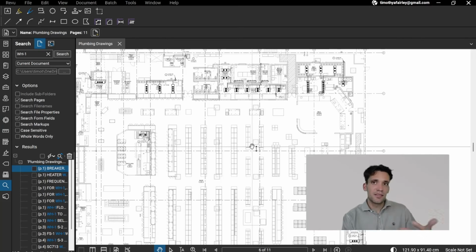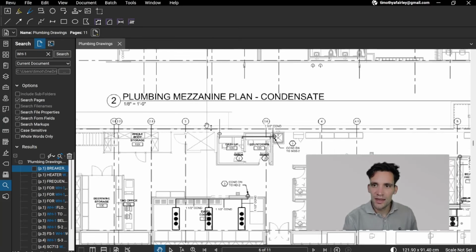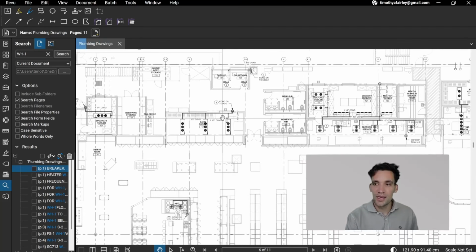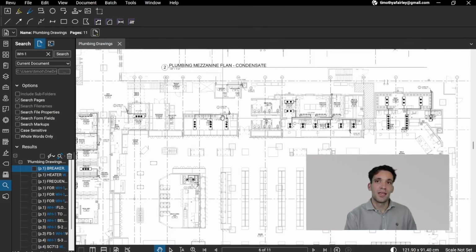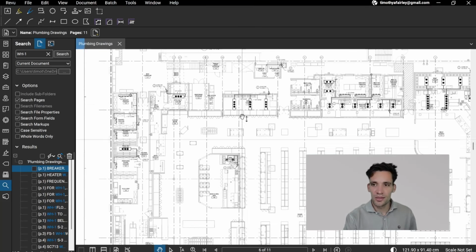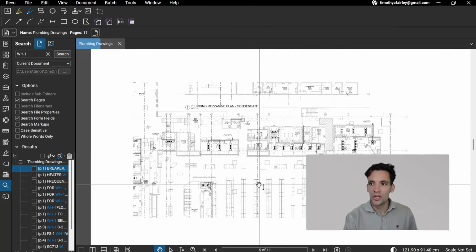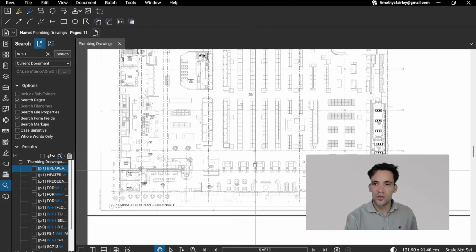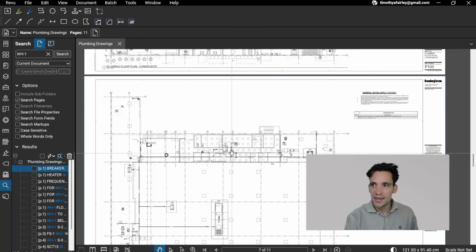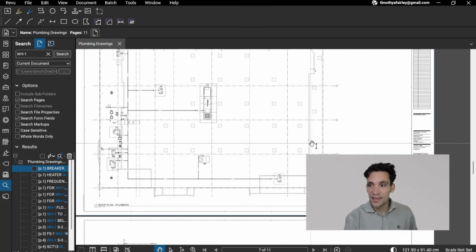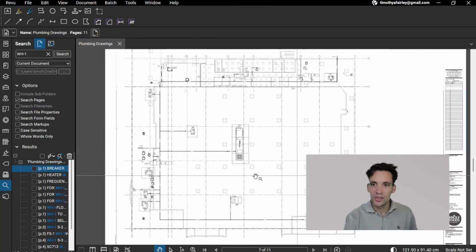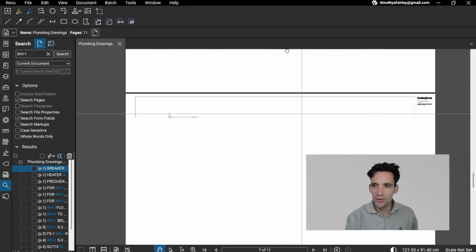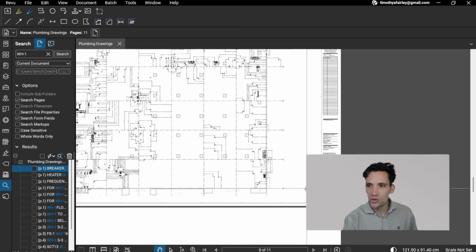Now, because this is a commercial building for a supermarket, they actually have some layout drawings for condensate drainage, where, for example, you have a fridge or some sort of evaporative cooler and it causes a lot of condensation. They've got a separate set of drawings showing how these condensate units, the drip trays, will then connect to the plumbing. And they also have a gas. They're also showing, no, sorry, this is the plumbing roofing plan. So this is the stormwater drainage on the roof and how that flows into the downpipes. And then they're also showing